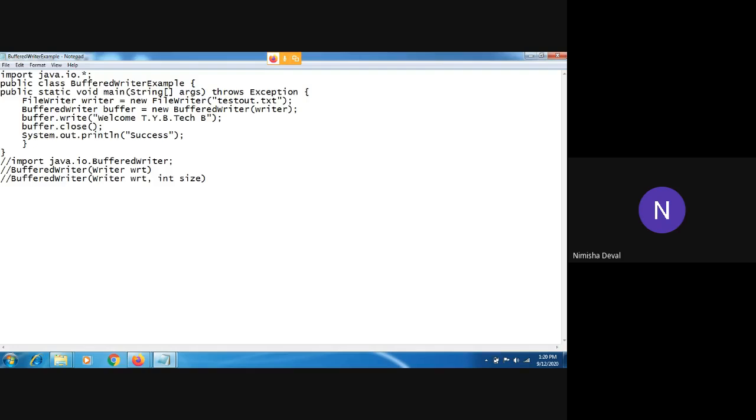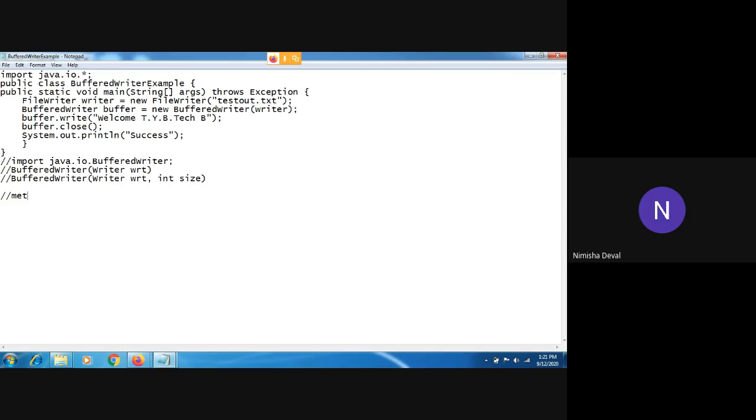First one is the Writer object and second one is the size. Its use is to create a buffered character output stream that uses the specified size for the output buffer. It specifies the size of that buffer. Okay, this is the main use. These are the two constructors.